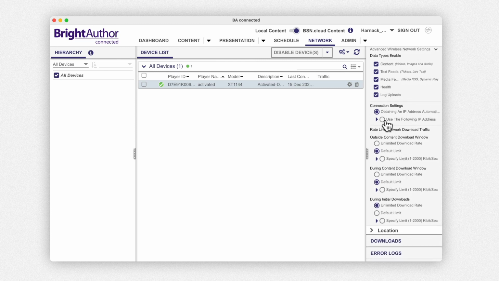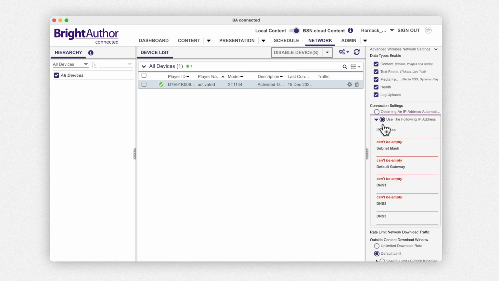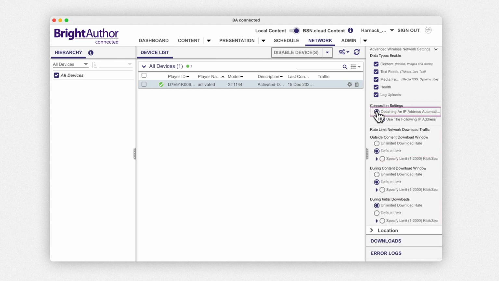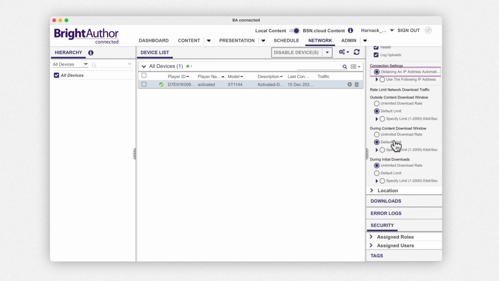To apply a static IP, you'll need to register the player on your network and enter its information here. By default, the player will attempt to attain an IP address automatically. Limiting network download traffic is a little tricky because there are several options, but most people will want to stick to the default limit right here and select an unlimited download rate during initial downloads.